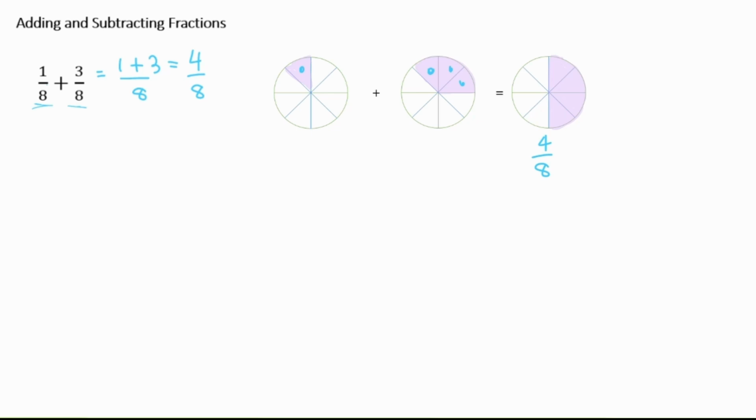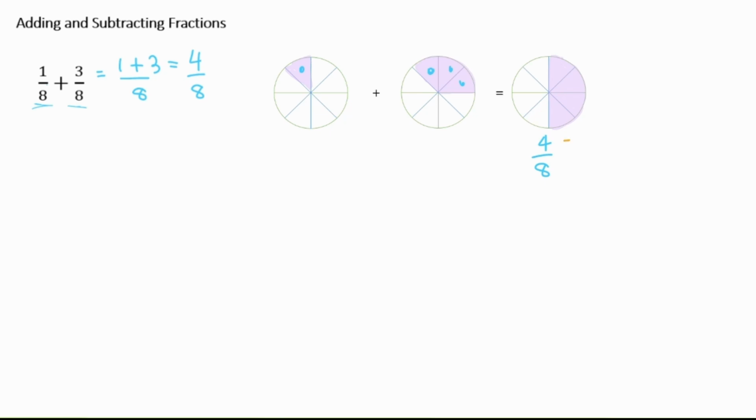We can then check if our answer can be simplified, meaning if we can write our answer as a smaller number. To do this, we have to check for the highest common factor of the numerator and the denominator. So the numerator is 4, the denominator is 8, and we need to check which times table both of these numbers appear in. So we have 4, which is in the 4 times table, and 8 is also in the